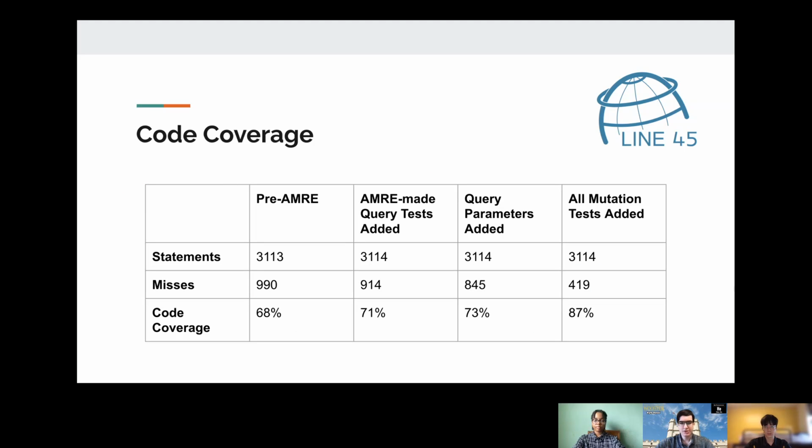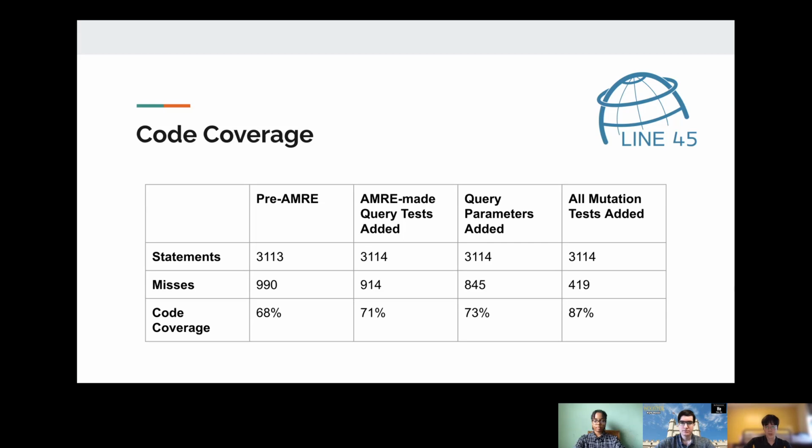The table shown showcases the results from using the coverage.py plugin, which uses the Python standard library to determine which lines of code are executed. The coverage tests were run before and after we merged all of our tests together through Git. The statements section represents the number of statements present in the code, and the misses represent the number of statements that have not yet been executed. The percentages in the coverage column were calculated by dividing the number of misses by the number of statements and subtracting that value from 1.